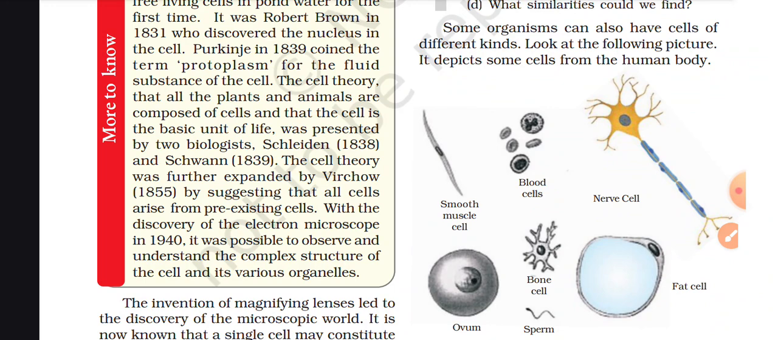Purkinje in 1839 coined the term protoplasm for the fluid substance of the cell. The cell theory, that all the plants and animals are composed of cells and that the cell is the basic unit of life, was presented by two biologists, Schleiden and Schwann, in 1839. The cell theory was further expanded by Virchow